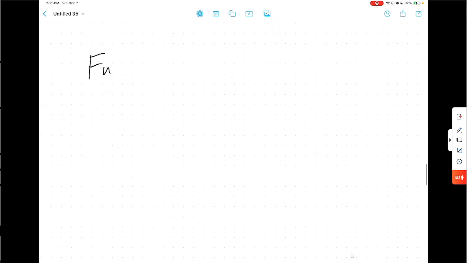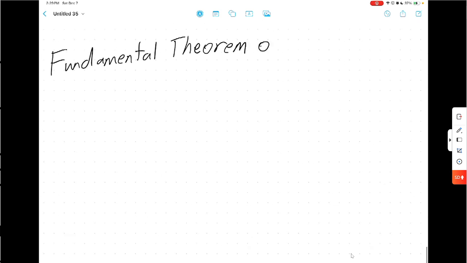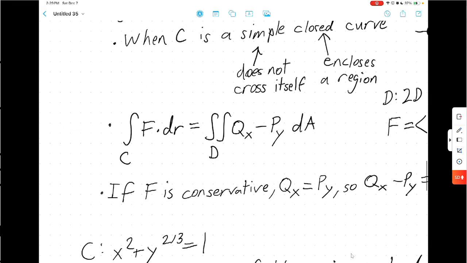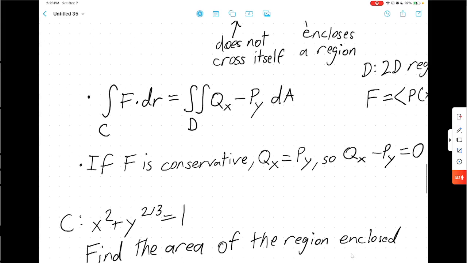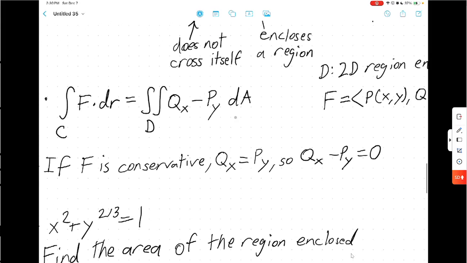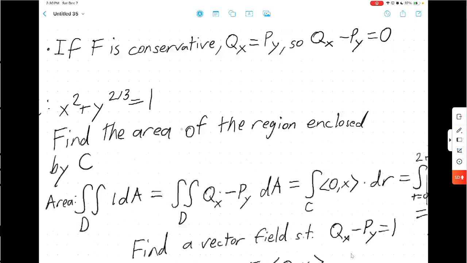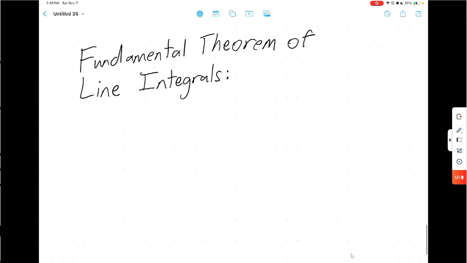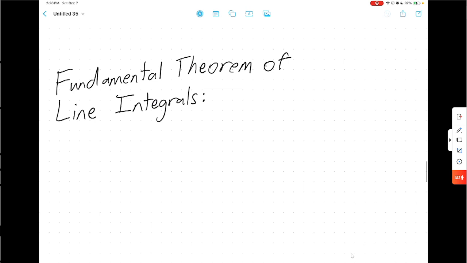I think the fundamental theorem of line integrals was wanted, so I'm just going to go through that one. I think this is a fairly quick one. Yeah, and specifically it says we need to see how the fundamental theorem of line integrals relates to Green's theorem. I think the part that will relate is the mixed partial thing. Because the only time the fundamental theorem of line integrals applies is when you have a potential, when your vector function F,